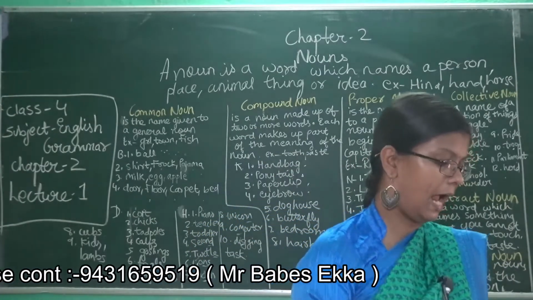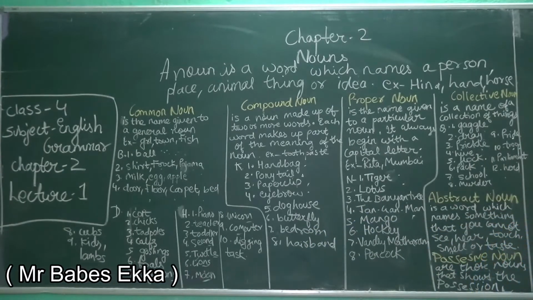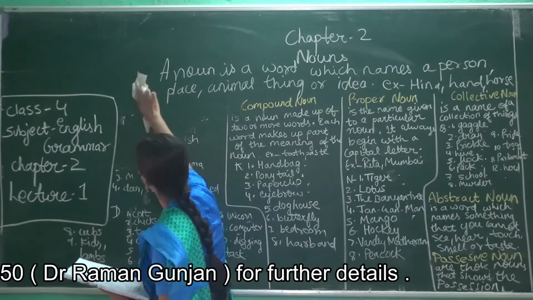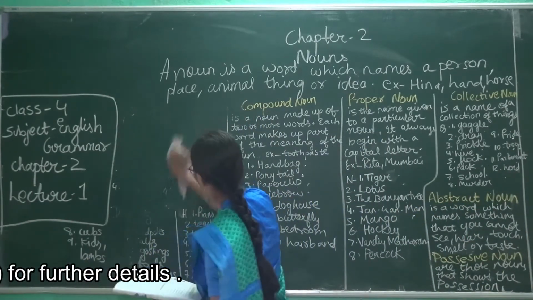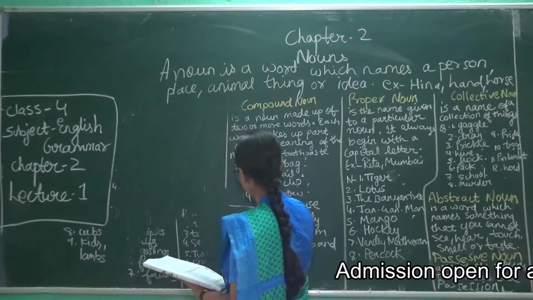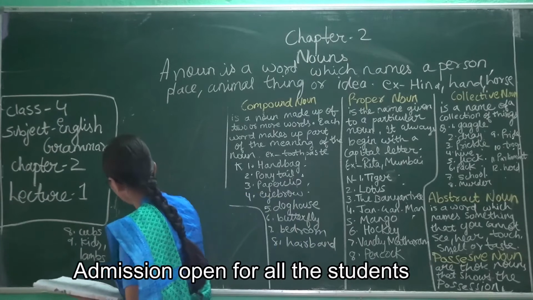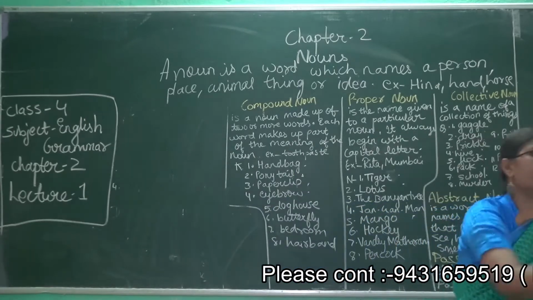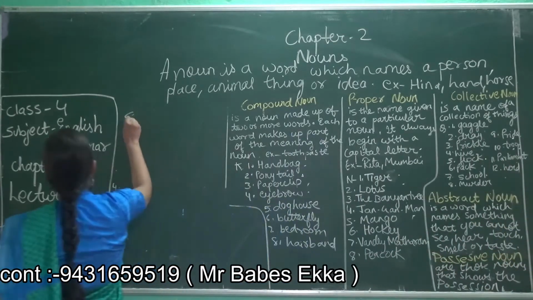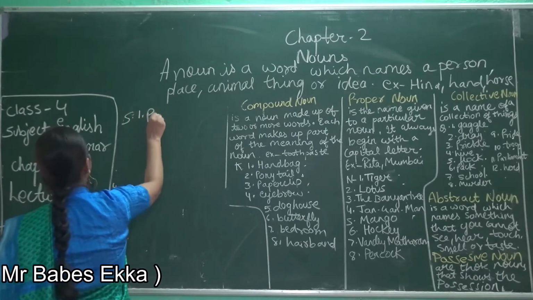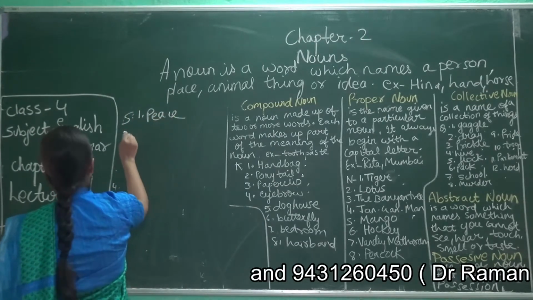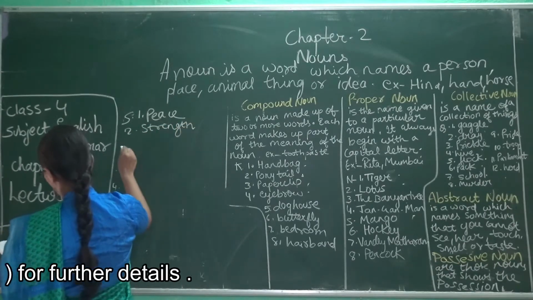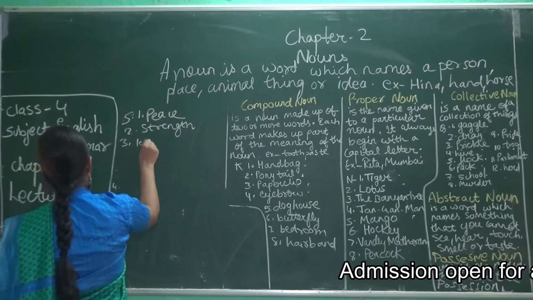Now write down an abstract noun for the given words. So one word is given for you. So I am writing that answer, just copy it down. I think this answer you have written in your book. So I will write number S answers for you. Just write down the answers in your copy. Number S, one answer is peace. Number 2, strong, strength. Number 3 is kind, for kind it is kindness.